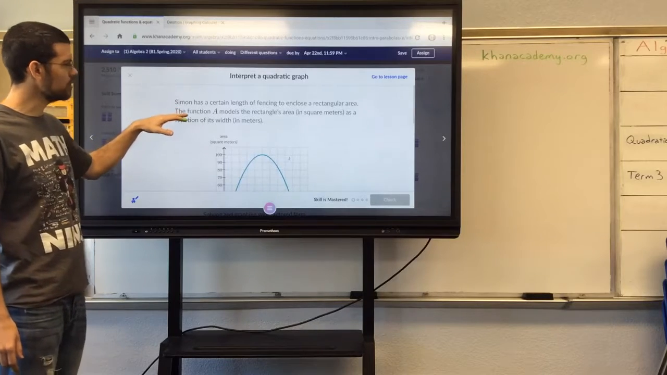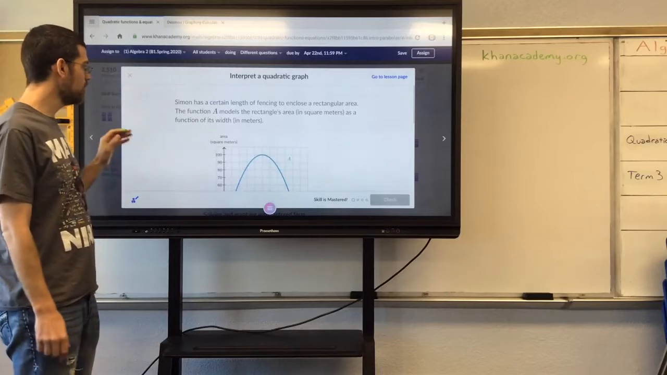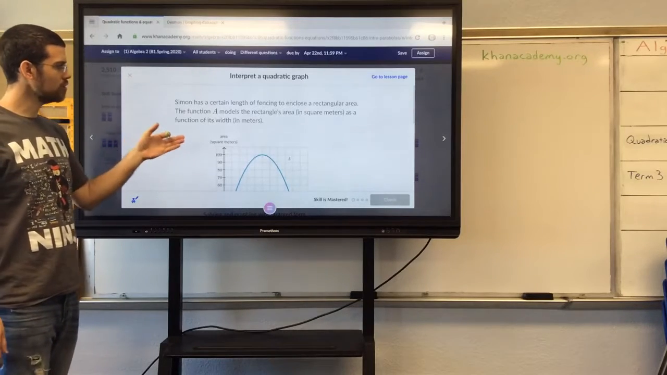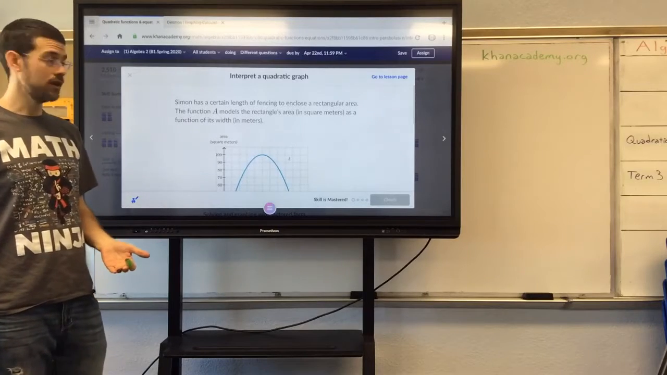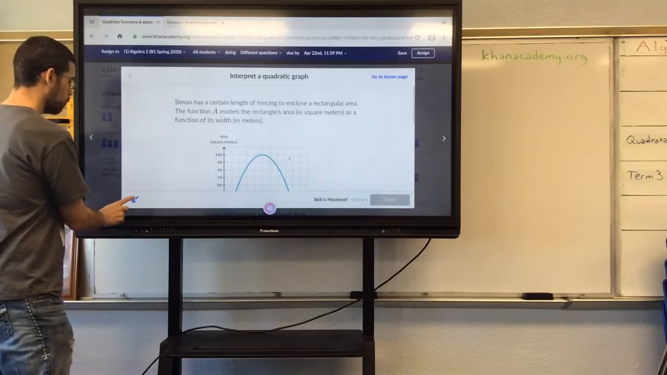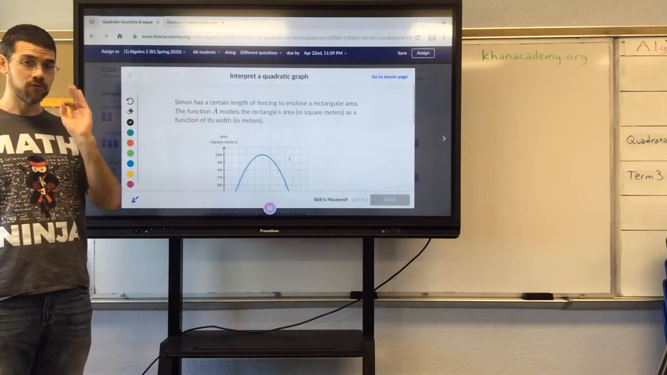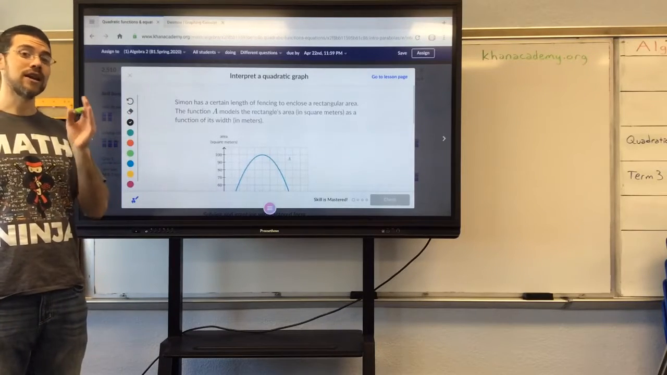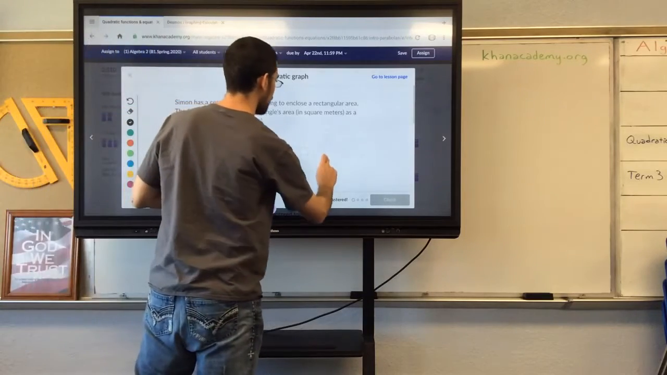Simon has a certain length of fencing to enclose a rectangular area. The function A models the rectangle's area in square meters as a function of its width in meters. Okay, so pause right there. The context is that he's got fencing material and he's going to make a rectangular enclosure. Okay, so we've got a rectangle